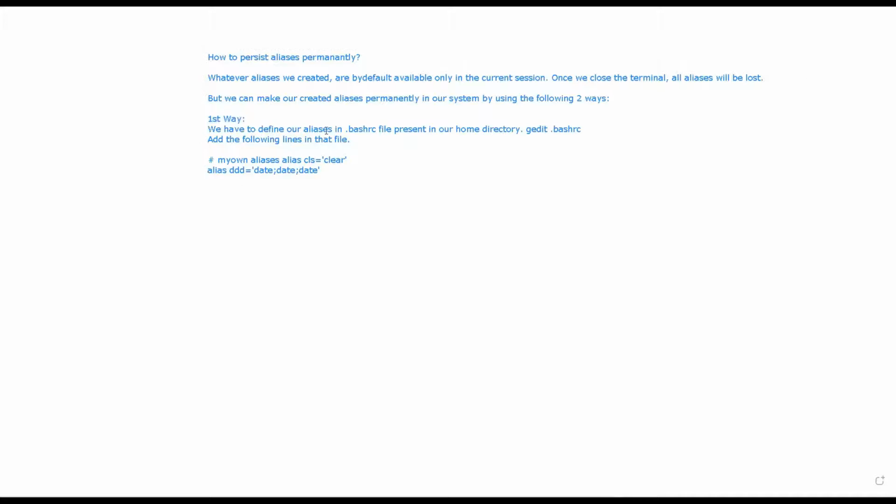As far as permanent aliases are concerned, whatever aliases we create, by default they are available in the current session. Current session means once you open the Ubuntu terminal, that is the current session. And once you close that Ubuntu terminal, the session closes, so all aliases will be lost.